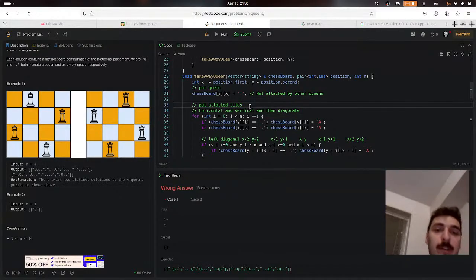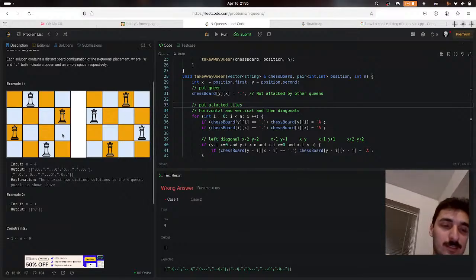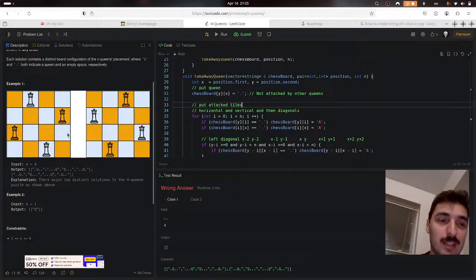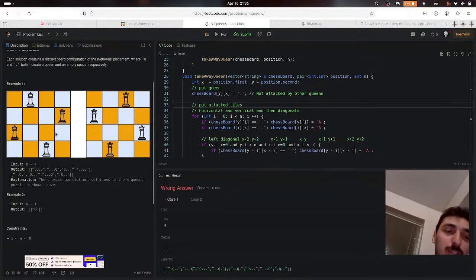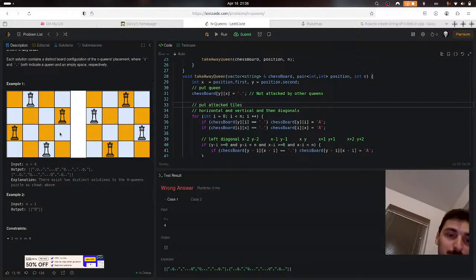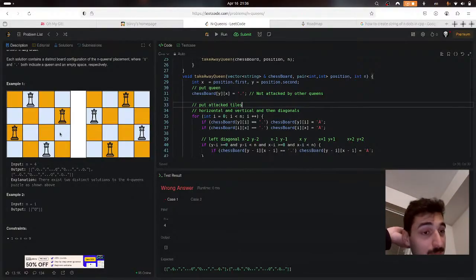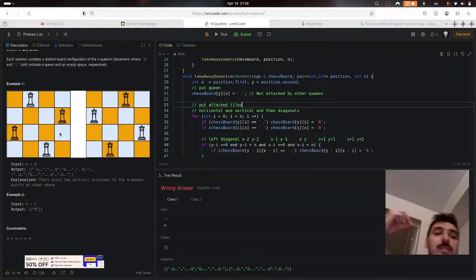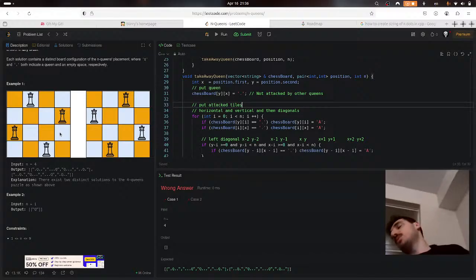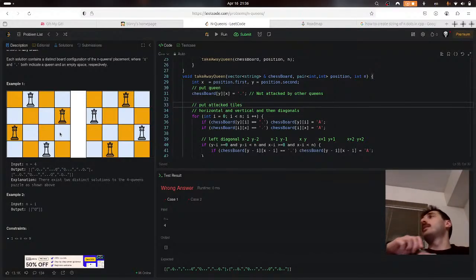So on a given tile, how do I know if it is attacked? This is another function that I need to write. All right, you know what? The solution is not gonna be right, but